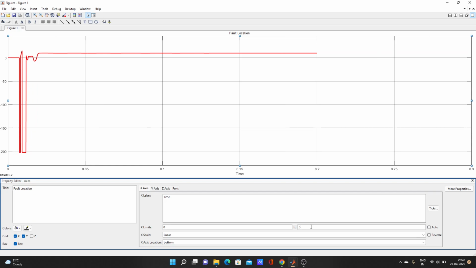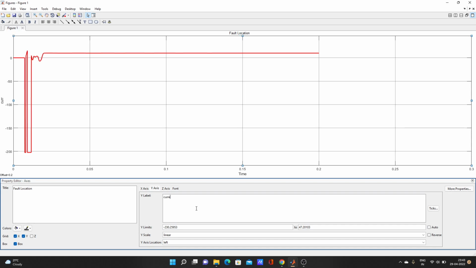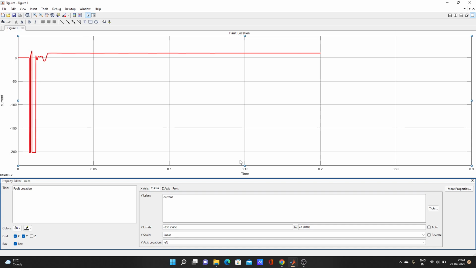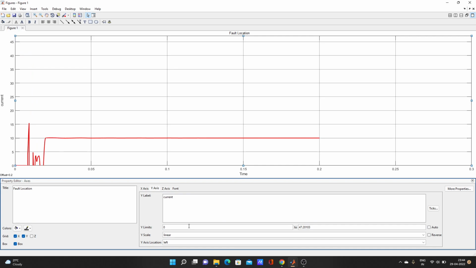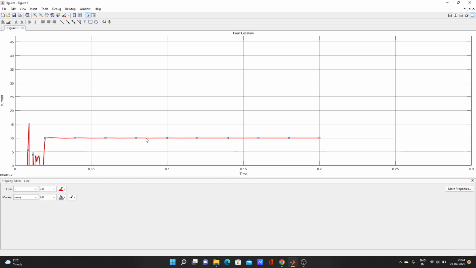We can do it. Okay, so just for the x-axis, this one, and for the y-axis, also the y level, if you want to change anything, current. Okay, enter the current value, it came here on the left side, look. So if you want to change here also, let's make it 0, enter 0, it came. Okay, the limit we have changed, and if you want to make it a little bigger or smaller in size,